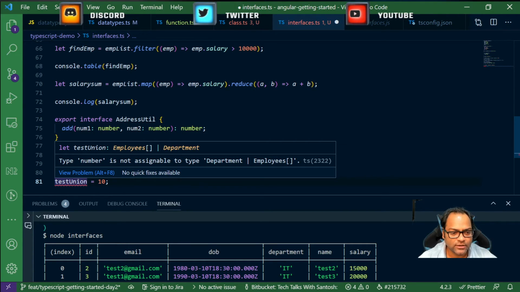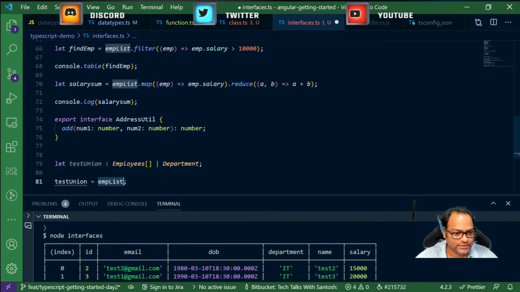In Angular, these union types are used in a lot of places. Generally you will find them being used, for example, in guards. We'll see an example of route guards in Angular, where the union types are used. So you can narrow down your inputs by using unions, and the other way is using